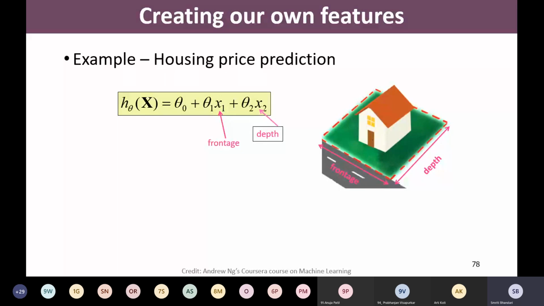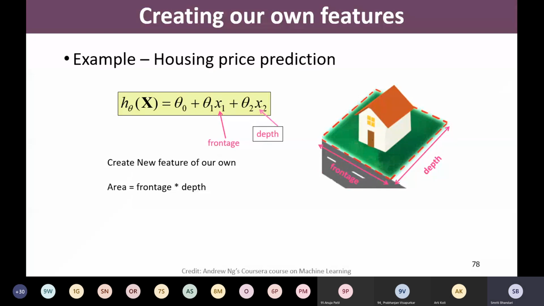If we look at the problem statement and find the semantics or the insight about the problem, we may say that instead of considering frontage and depth as two different features, why not come up with a new feature, that is area? And how can area be computed? Area can be computed from these two features, frontage multiplied with depth,